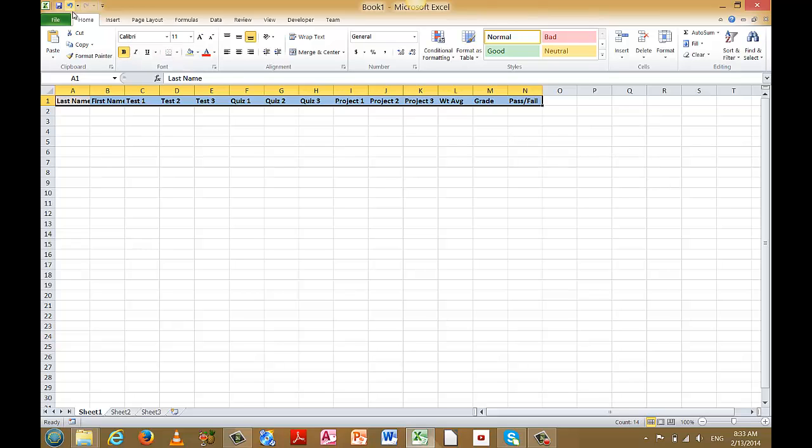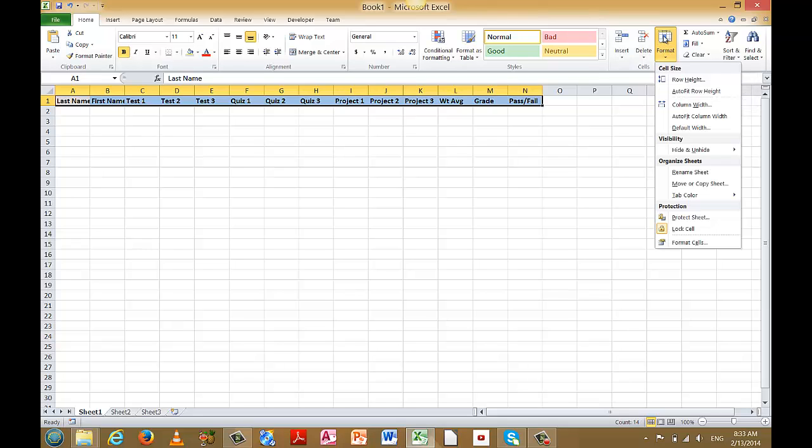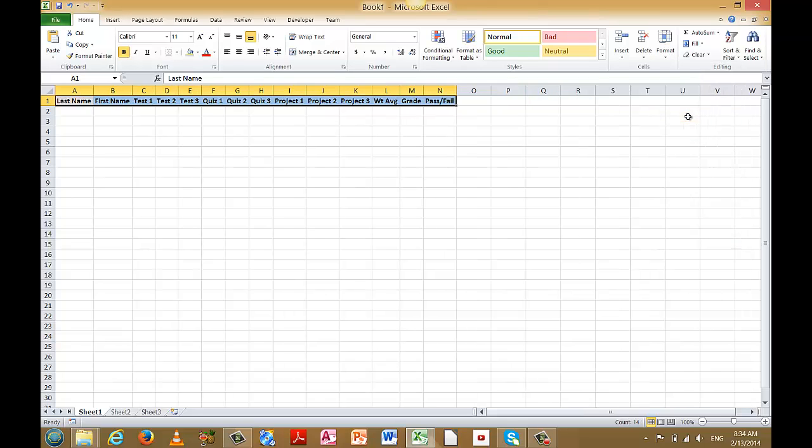So on the home page, after highlighting all the cells that I want to change the column width on, I'm going to go to the far right over here where it says cells, and there's a format button. If I click on that format button, one of my options, and I use this a lot, is auto fit column width, and that will compress the column width as much as it possibly can without truncating any of the data that's actually being displayed. All right,